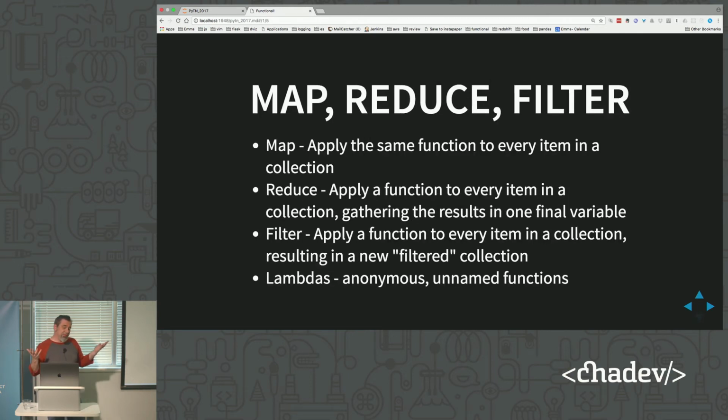And these are the holy trinity of functional programming: map, reduce, and filter. And we'll look at some examples of these a little further along. But these are the core built-in functions that you end up using quite a bit because they're very helpful. They do a lot for you.